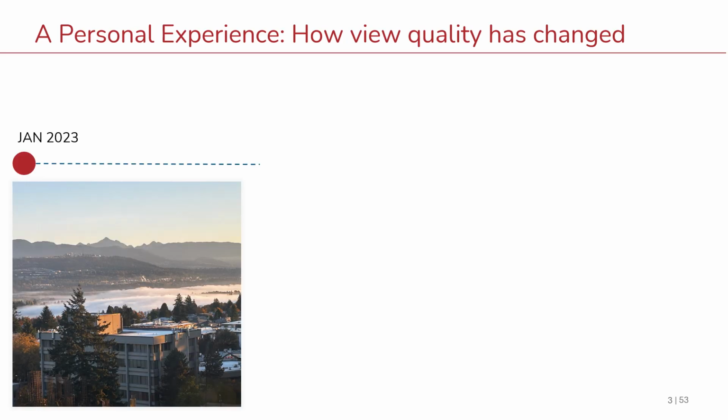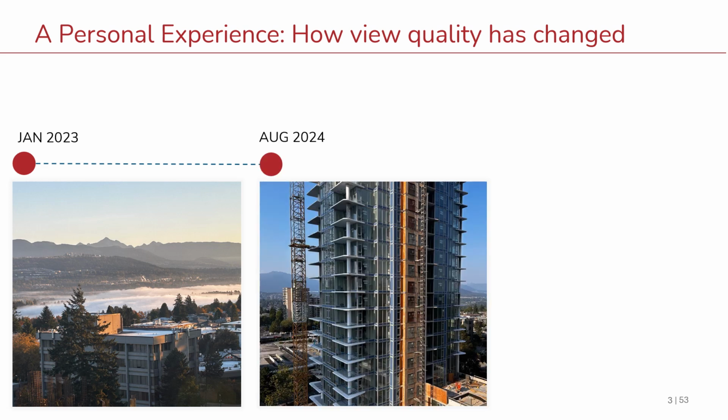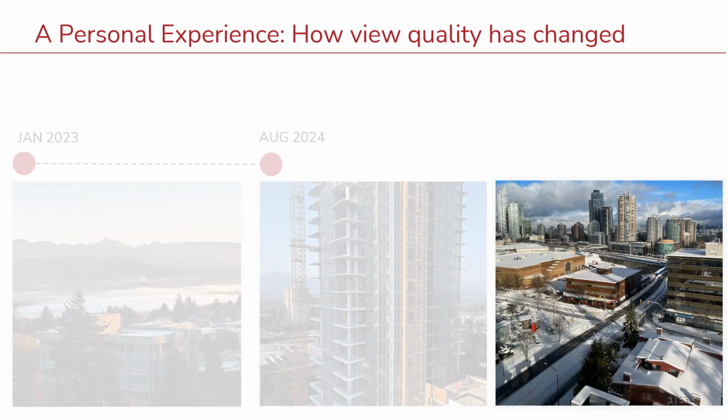So this first image shows the view of my unit in January 2023, and this one is now. Do I like it? No. And did we expect this and have anyone ask us? Also no. Us, architect and urban designer, call such constructs a built environment, man-made structures such as buildings, parks, bridges, and roads that alter our surrounding to accommodate human need while considering their impact on nature. Don't worry about us, we still have good views from other perspectives.